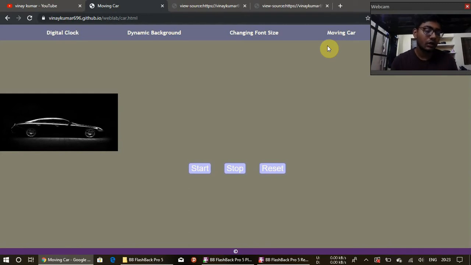I have given a function initial, and in the function I have mentioned image object equal to document dot getElementById, in that I have given image, and then imageObject dot style dot position equal to relative, and image dot style dot left equal to 0 pixels. In the moveRight function I have given imageObject dot style dot left equal to parseInt of image dot style dot left plus 1 plus pixel, and I have given animate, and I have given a timeout for this: setTimeout moveRight 20. It will call moveRight in 20 milliseconds,